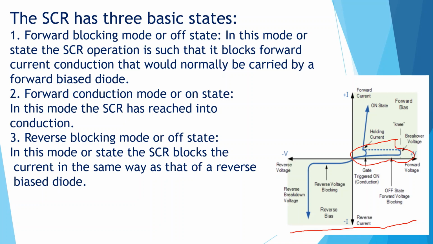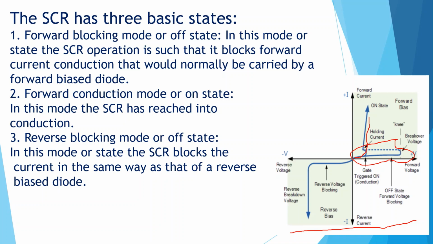When a small gate current Ig is applied, SCR can be turned on earlier. As the gate current increases, SCR fires at lower value of VAK. For a large value of gate current, the characteristics of SCR is similar to that of PN junction. This is the characteristics curve of PN junction. So high value of Ig current, it will act as a normal PN junction diode. All the three junctions in SCR get forward bias in that case.